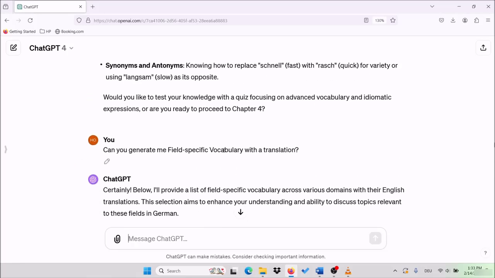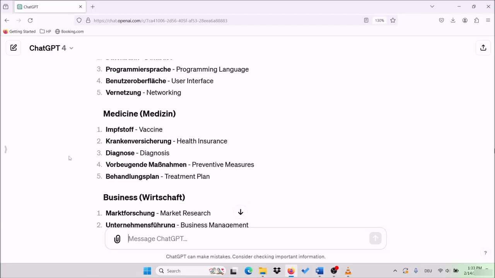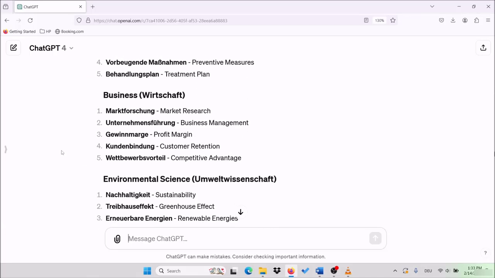You could also ask ChatGPT, can you give me vocabulary about the topic medicine or about the topic technology? So then he gave me vocabulary about different topics, like 5 for technologies and for medicine, for economy, for business,